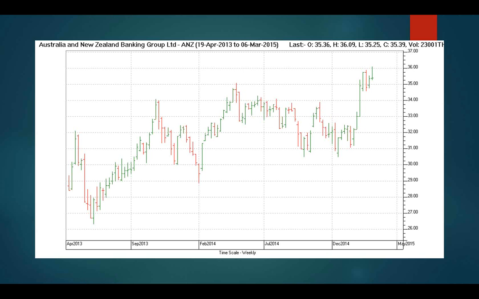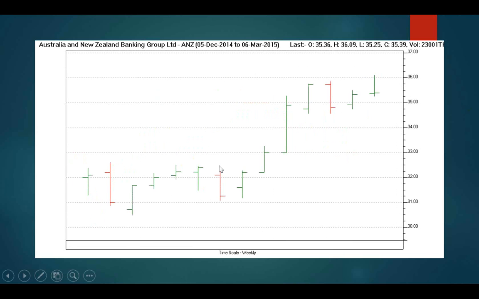Very, very good software. Now, its way of determining what is red and what is green is based solely on the relative position of the closing prices. If the closing price of a particular bar is higher than the previous bar,